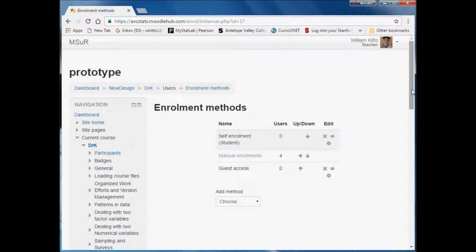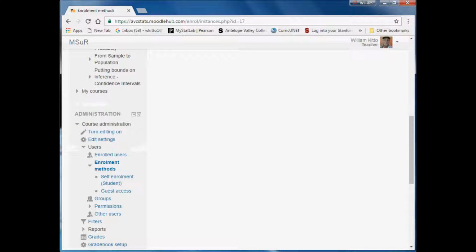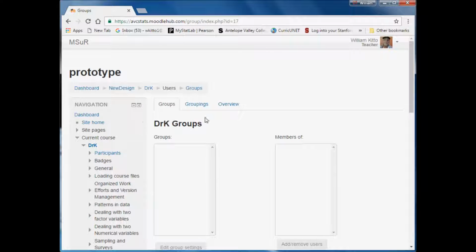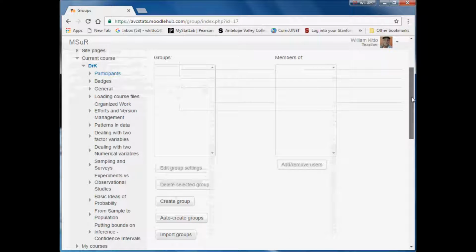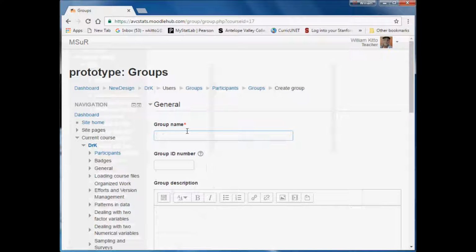But now I want to expand on this to have, shall we say, different keys for different sections. To accommodate that idea, I want to come down and put some stuff in this little box here that talks about groups. So I'm going to highlight groups, and at this point I'm going to invent 3 different groups because I'm going to play like I've got 3 sections of the class. So I'm going to create these groups. So I'm going to say create group, and the first group name will be